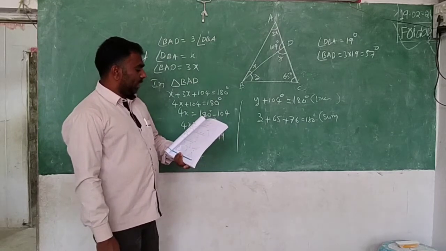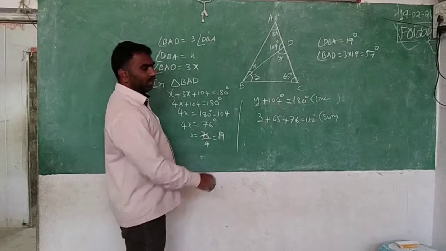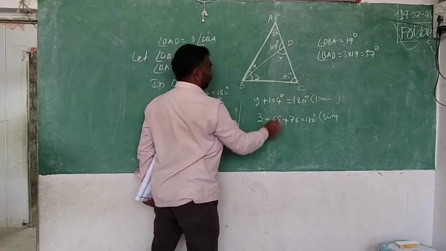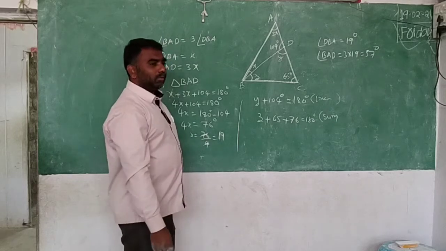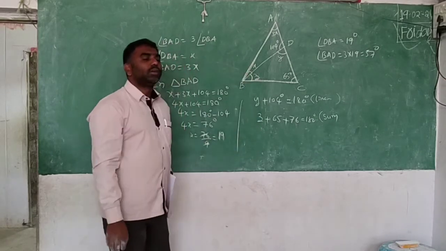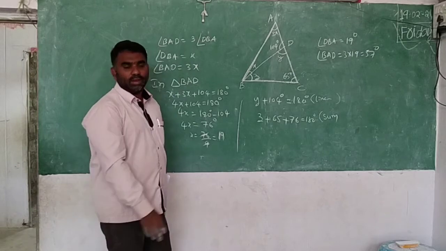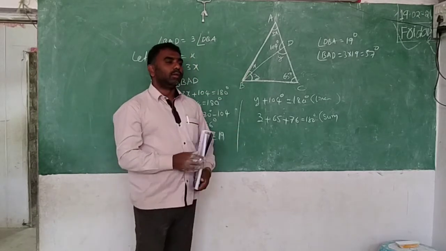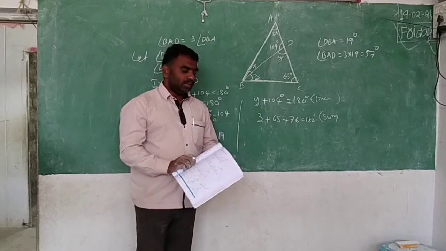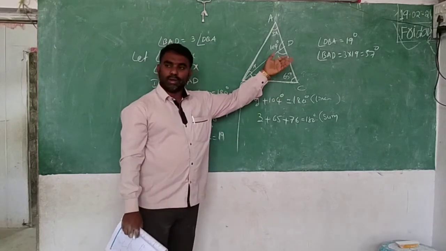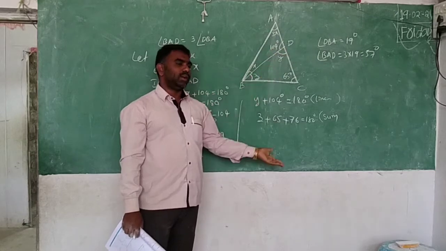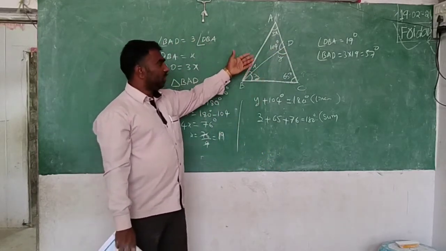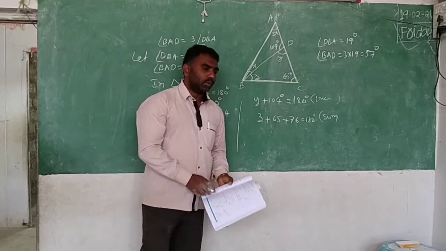And one more angle, ABC. If you add these two, you will get that one. X plus Z, if you add, what will you get? ABC only, no? Okay, you understand? Yes, sir. He didn't say to find DBA and BAD, but they are needed. Without knowing that, you can't find them. First of all, you have to find both of those. Then one by one, you can find all these. Okay, Lokesh, can you do now?